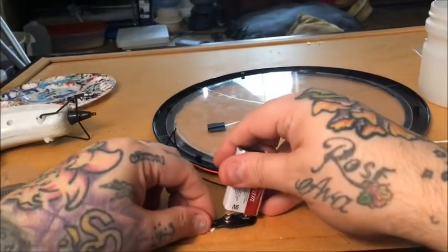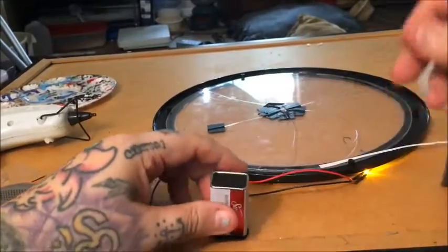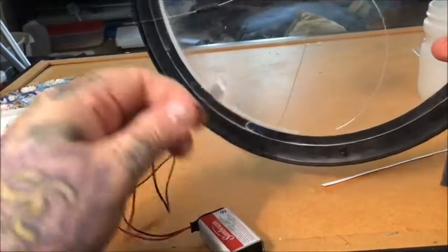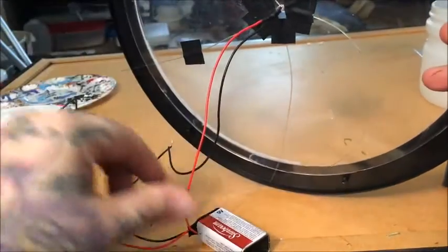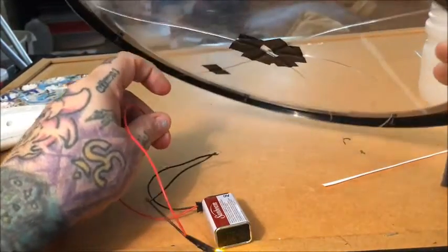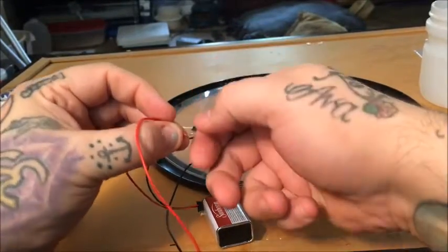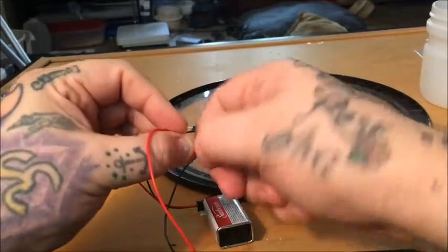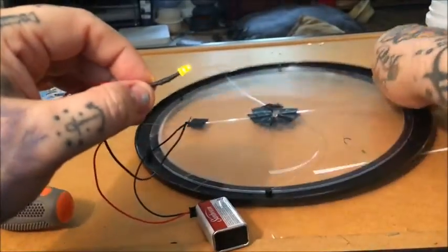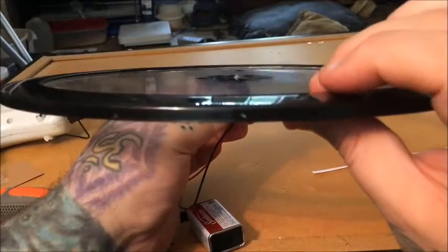All right, let's go ahead and get this snapped. We beeping? We blinking? Yeah, we blinking. Dagnabbit, came undone again. Let's just... Oh, you stupid little turd butt. Stay together. Y'all are best friends now. There we go. So, this will go up through there, and...